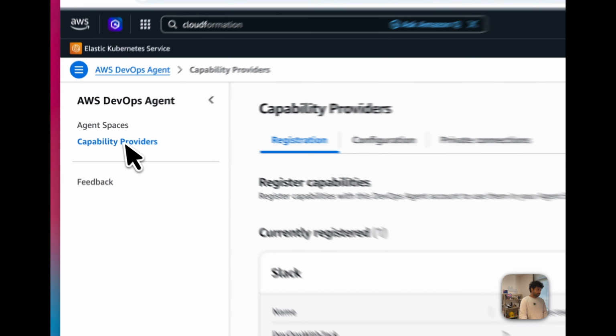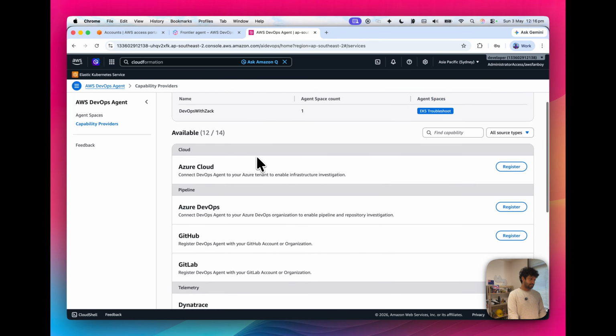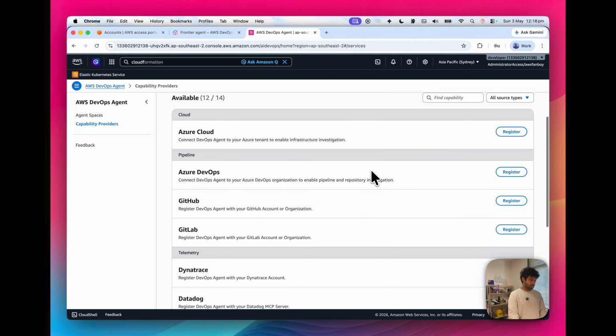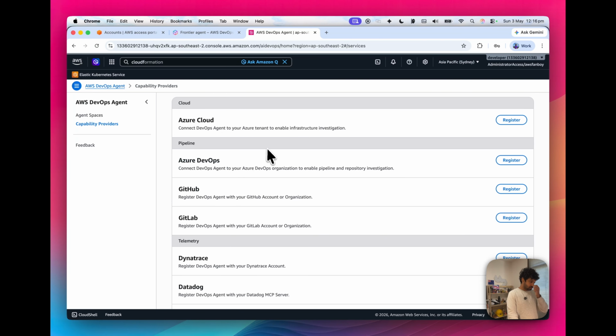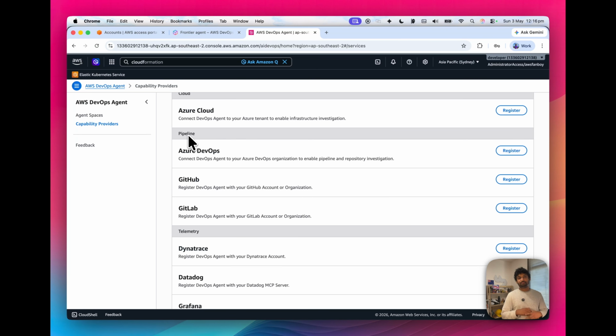Cool. So for the capability providers, DevOps Agent currently supports these capabilities, and I have already configured my testing Slack channel. You can see it's already integrated with the agent space. I haven't configured anything like Azure Cloud or GitHub, GitLab. The pipeline integration is really amazing, because imagine your application is crashing after a deployment. DevOps Agent can find which commit or which PR, or through your pipeline, it can find out